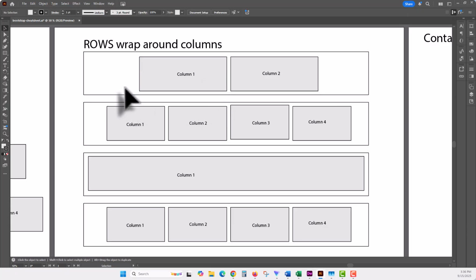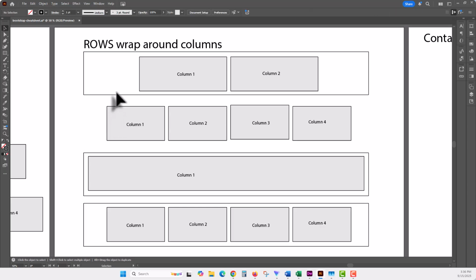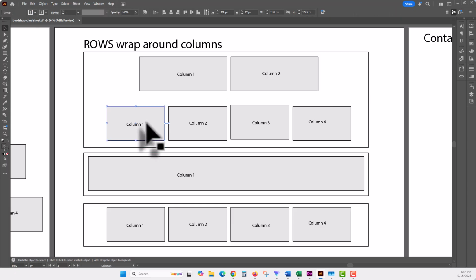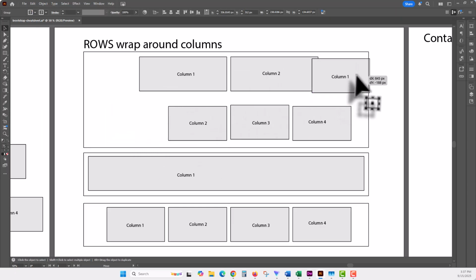Now, here, technically, you have 12 slots, and then it starts a new row, right? So in theory, as you're coding these modules, your rows should wrap around your group. It is possible that you can end up with one row that has multiple sets of columns, right? So in this case here, we have 2 columns, and then we have 4 columns, and they're both in one row. Now, this is less recommended. It does work fine, because technically, if I take a look at this here, I could take column 1 here, and it will, in fact,